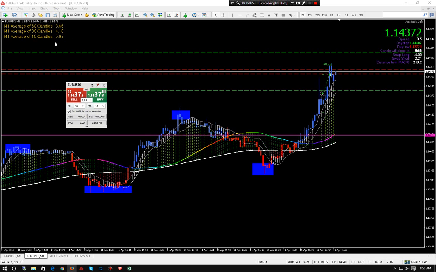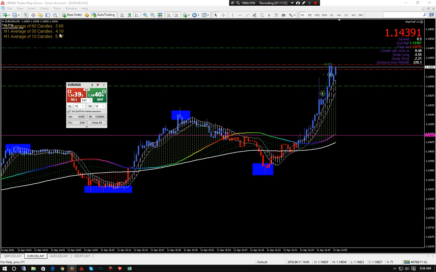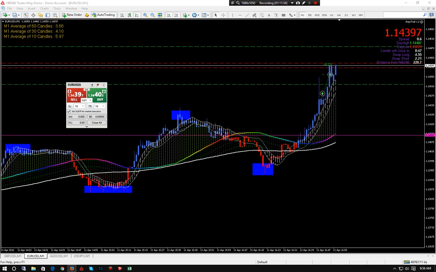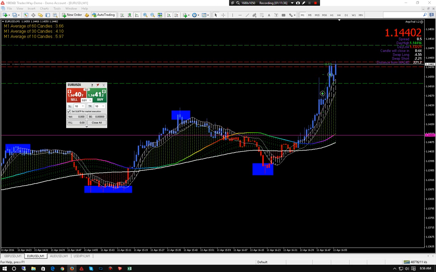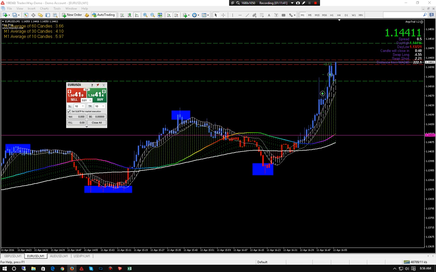One of the things you've got to remember is the last 10 candles: if something irregular happens in it, it's going to knock this average out of whack. So that's why we have 60 and 30 on there. How did you come up with TA, by the way? How did I come up with it? Like, create it?